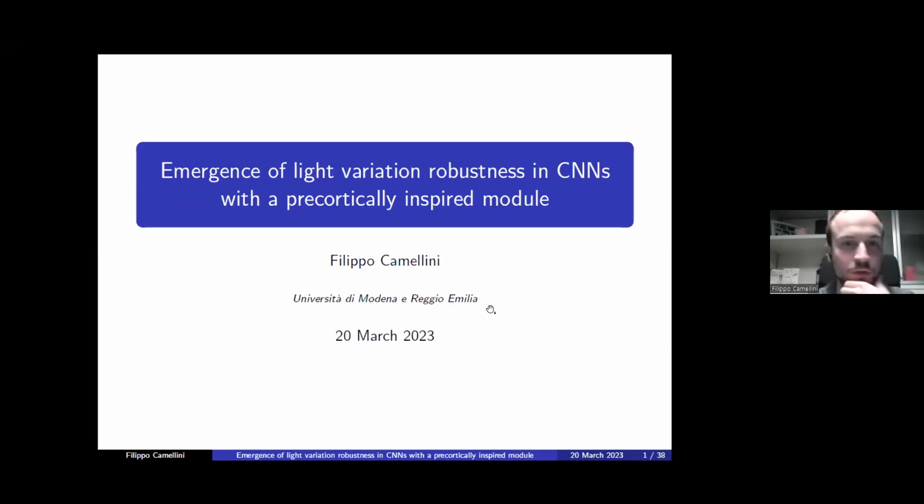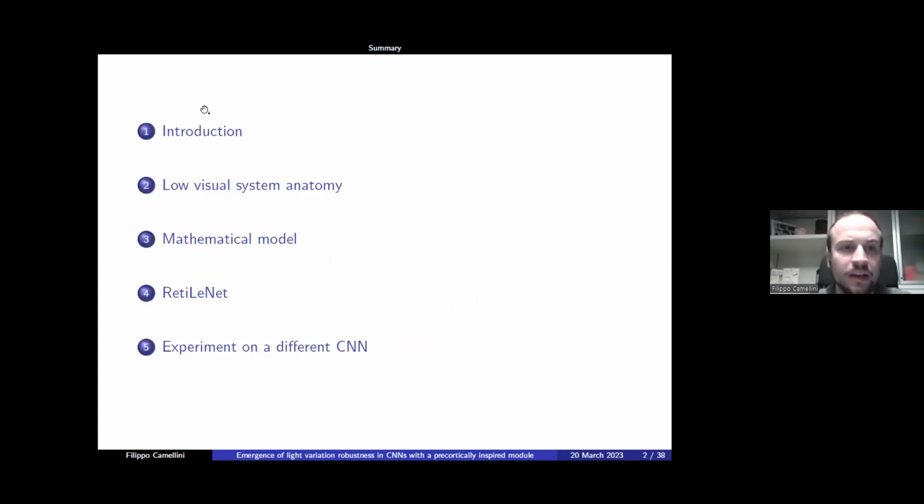Okay. So in the following slides, I will present a work of Rita Fioresi and Janko Petkovic, in which a strong connection between our visual system and CNNs is established in order to make the CNN robust against a large variation of light. So in my slides,